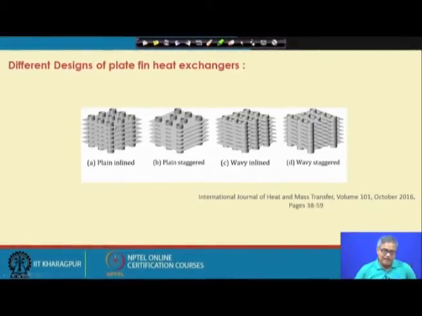So, basically then it is a single tube. For the heat exchanger, what can we do? We can take a single tube having a number of fins at different intervals, and these fins are not connected with any other thing. The only complexity is that these fins are not circular fins, these are polygonal fins.